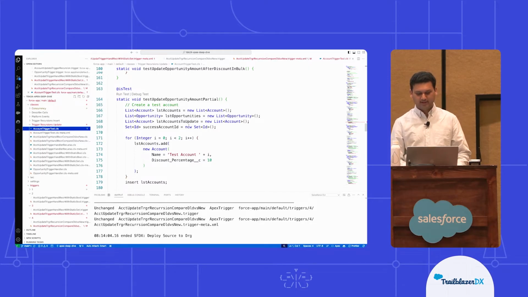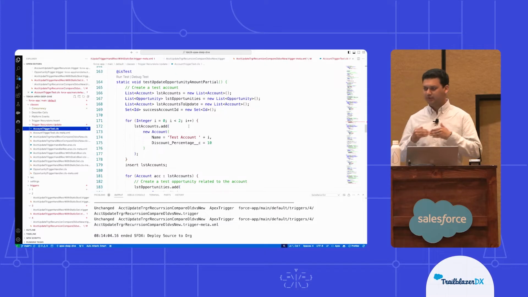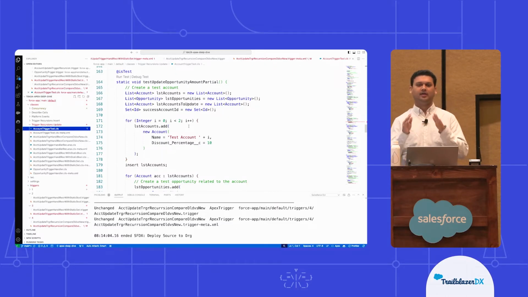So the use case is when you do a partial update. Imagine you're using a data loader and loading data into the system. By default, at Salesforce, how we save these records is we do a partial update. That means if you have 100 records and let's say 20 records fail, we take the 80 records, try inserting,